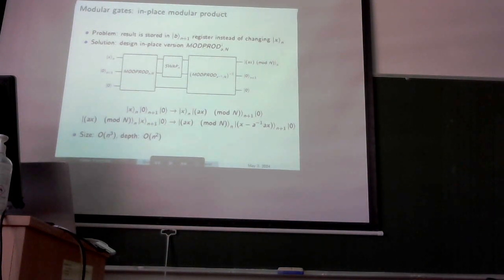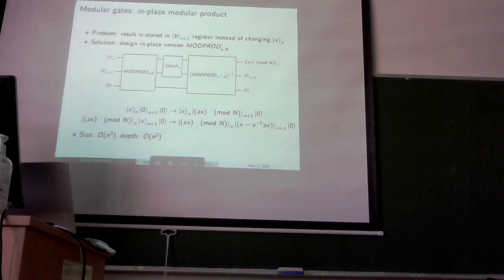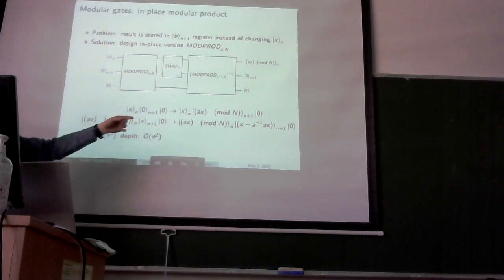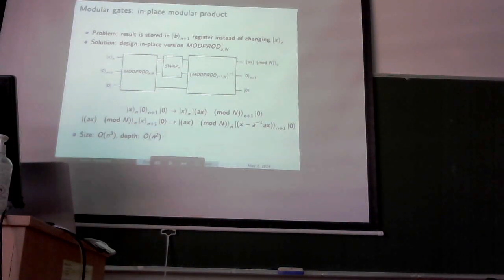in, but then, as you can see in this step, in the second register we would not have 0, which again we need the ancillary qubits to be 0 again so that we can apply this sequentially and the ancillary qubits always start as 0. We need to get rid of this x value, and the trick to do that is to apply an inverse modular multiplication where the value is the inverse of A, where this inverse of A is with respect to the group G of n, and that way you can see here that the application of that inverse modular product is going to simplify, and we're going to essentially get 0 in that second register.